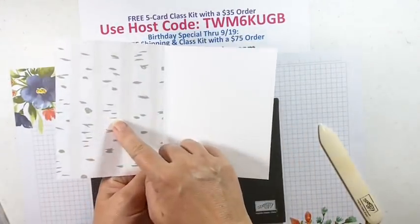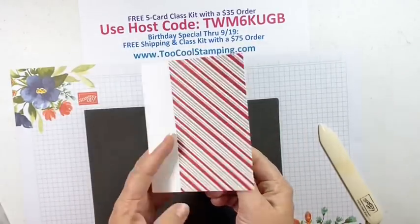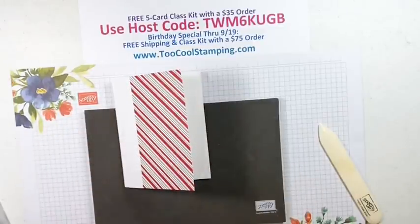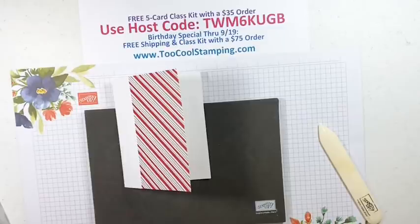And then the other thing is you can see the pretty paper on the inside. So it kind of decorates the inside a little bit too. So here is our card base. You can see how easy you can just make a stack of these. Now,